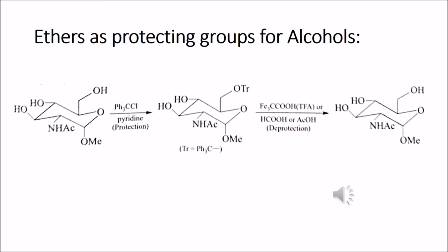The triphenylmethyl group, the trityl group, symbolized as Tr, is the most important for the protection of the primary alcoholic group. Historically, it was developed for carbohydrate chemistry,